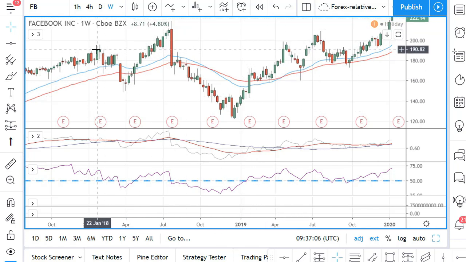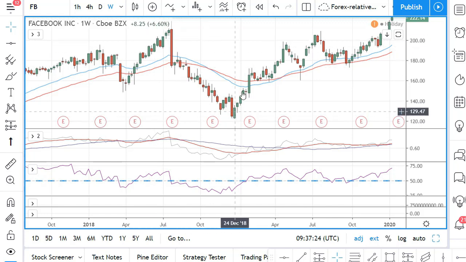And if you had just bought and held here, you could have gotten in around 190 in January 18. And then a couple of years later, it would still be around 190. So it would have been dead money to you. It would not really have given you any profit, but you would have taken some huge losses under these